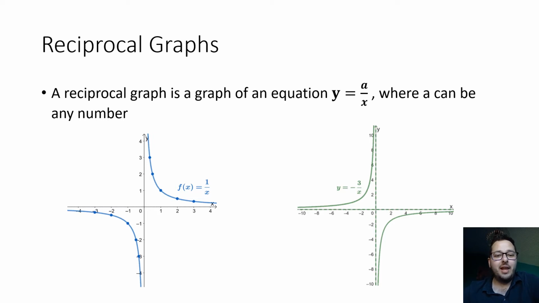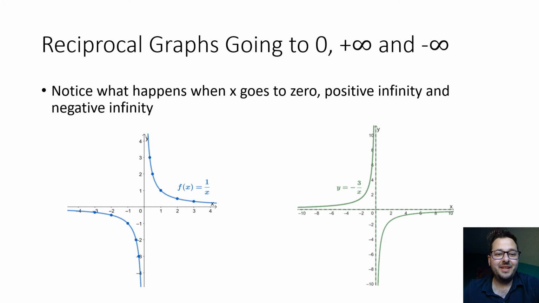So, this is what they look like. If it's positive, it'll look like the blue graph on the left, and if it's negative, it'll look like the green graph on the right. We'll notice a few things about them, but we'll look at them in a bit more detail on the next slide. Okay, so let's have a look at what happens when x goes to 0, positive infinity and negative